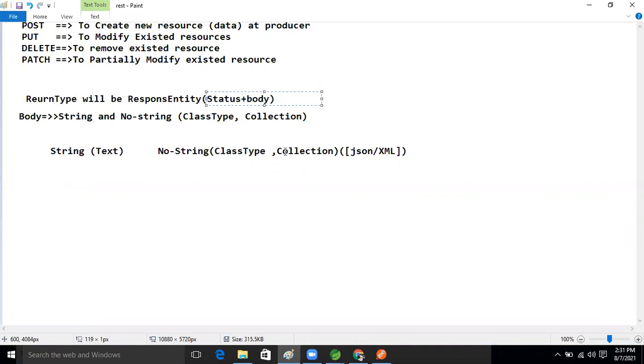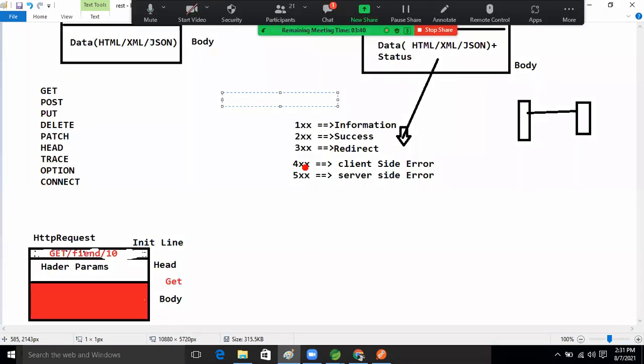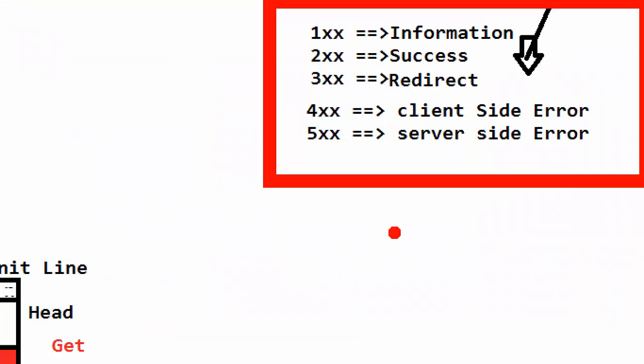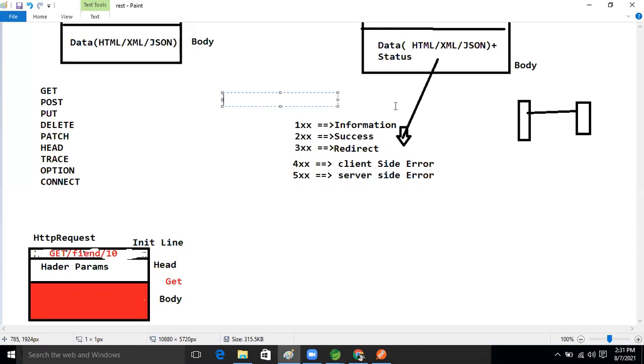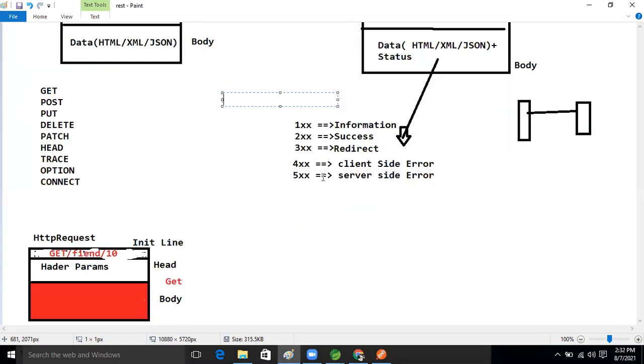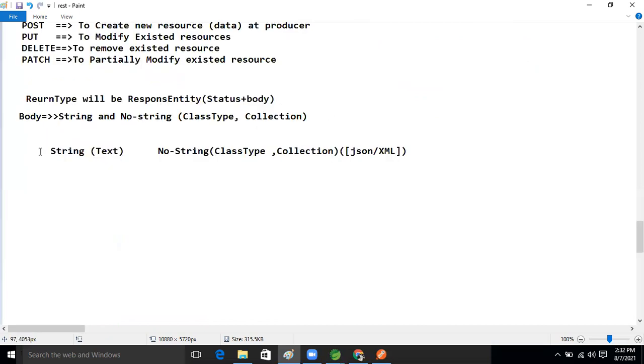Yes, Ravi. So we need to return what is in the body, which we can send, and the status we can send now, guys. Come on. In the last time we saw that, right? This is the status code, and what is in the body section? What we can send, the JSON or XML or text data or not, guys? Yes, Ravi, we can send a 200 status as well as a JSON body too.